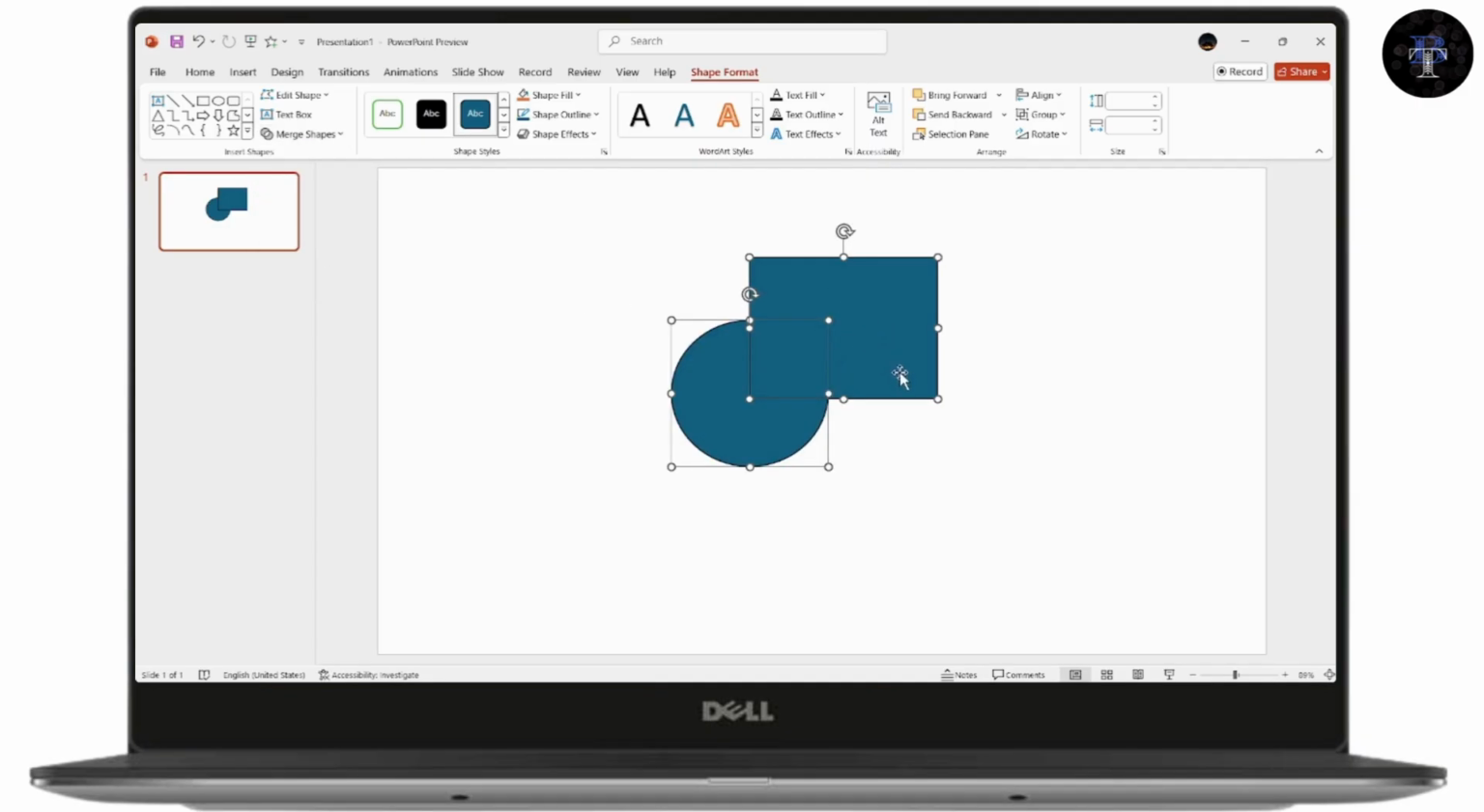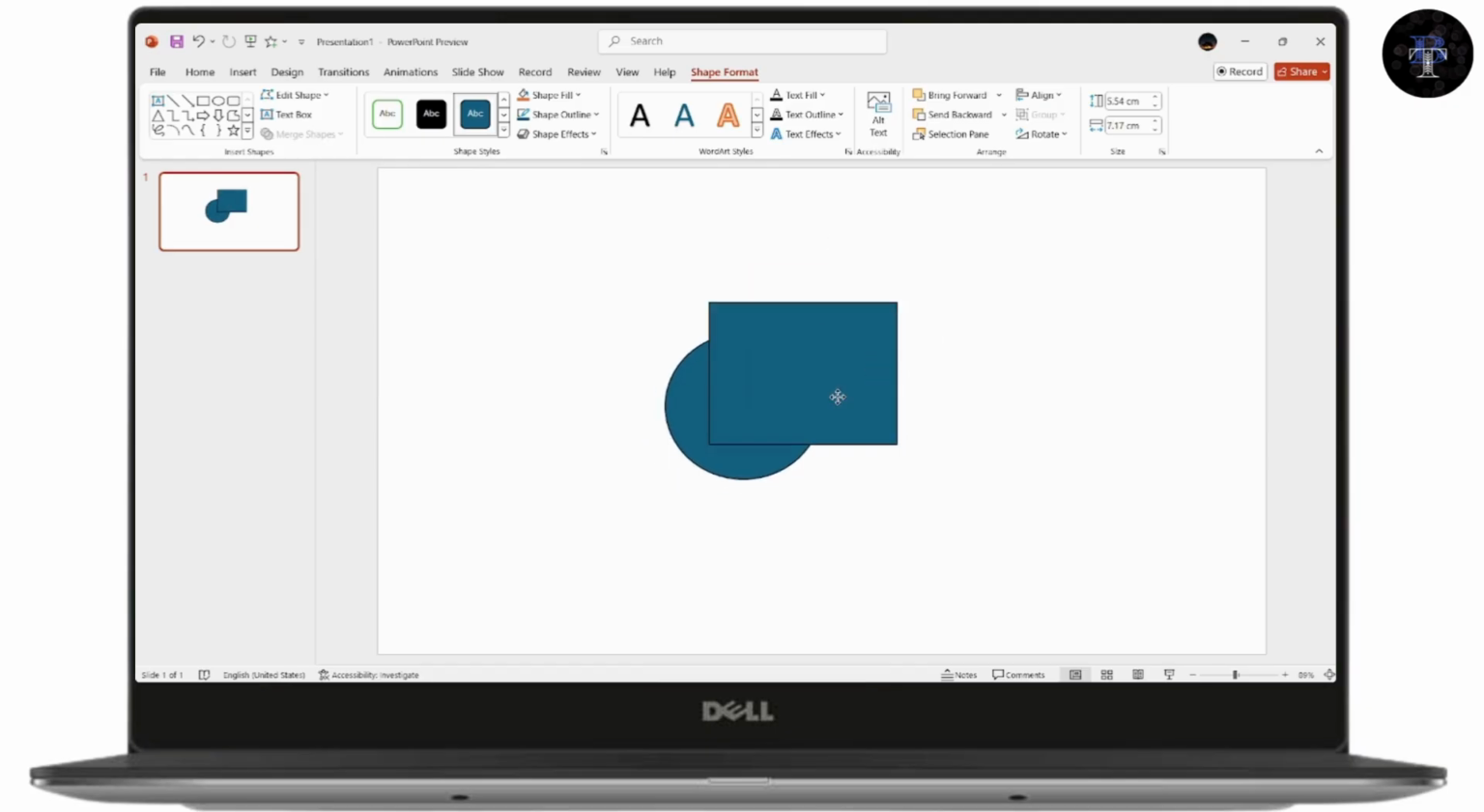First, adjust however you like the shape to be. Like for example, I'll go with this one. After that, press Ctrl and select both the shapes. After selecting, go with merge,